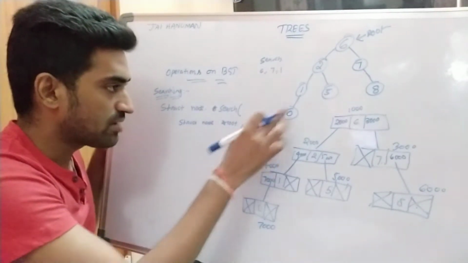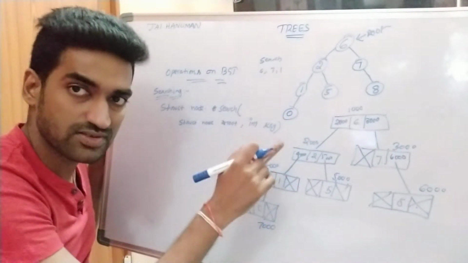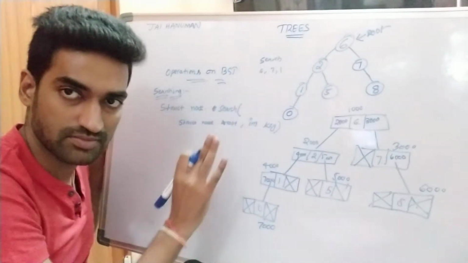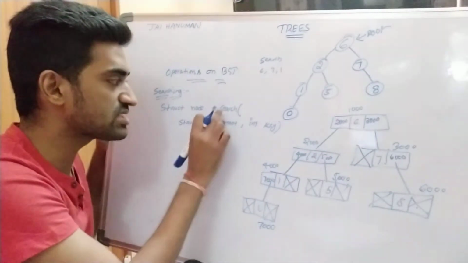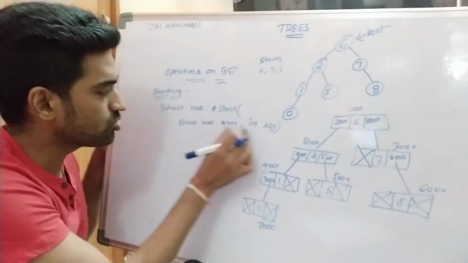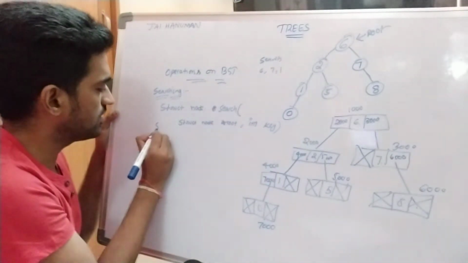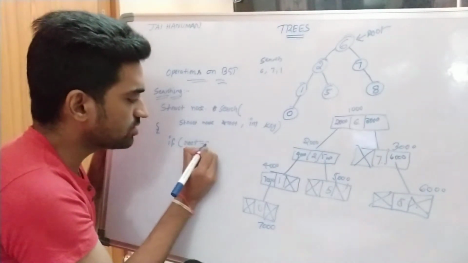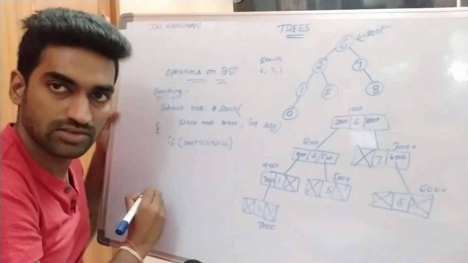Here I am representing the linked list representation. It is a collection of heterogeneous data items, so for each and every node creation we compulsorily use a structure. Structure creation can be done with the help of struct. So struct node, here I am calling the search function, asterisk search, right? In that we are passing two parameters, root as well as key. First of all, we are checking if root is equal to null.